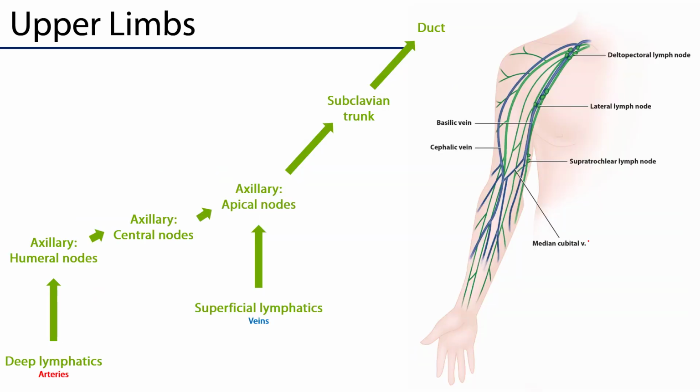Let's take a look at the lymph flow of the upper limbs. Let's remember that the major veins of the upper limbs are superficial, and that the deep veins of the upper limb are venae comitantes, or accompanying veins of major arteries. So the deep lymphatics follow arteries, the superficial lymphatics follow the veins. So the deep lymphatics are going to eventually